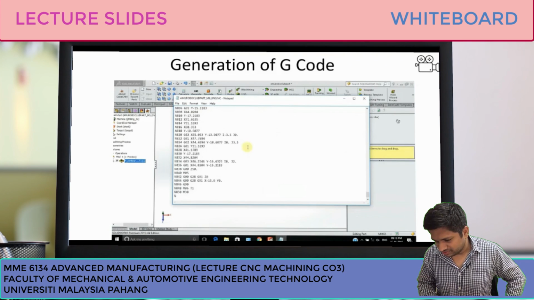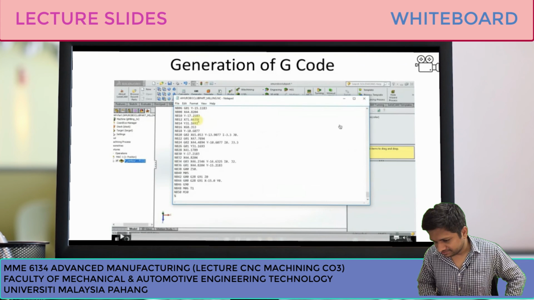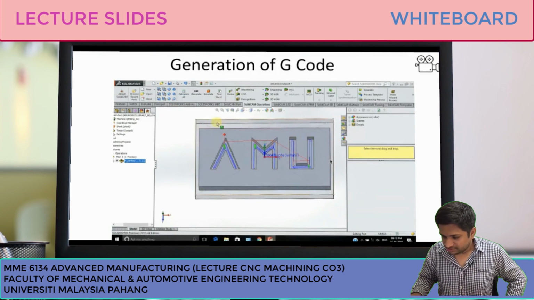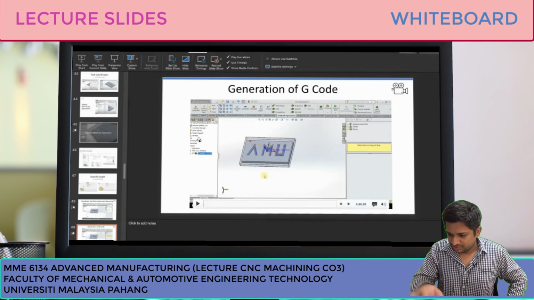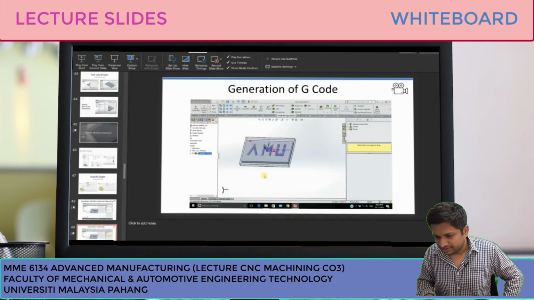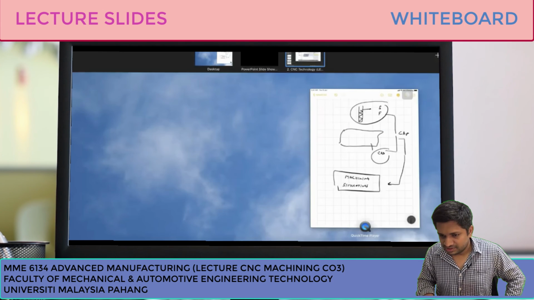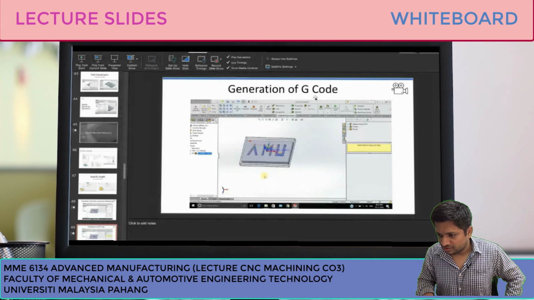Around 1000 lines of code have been created. So this is how modern software is now creating automatic programs, or automatic coding.